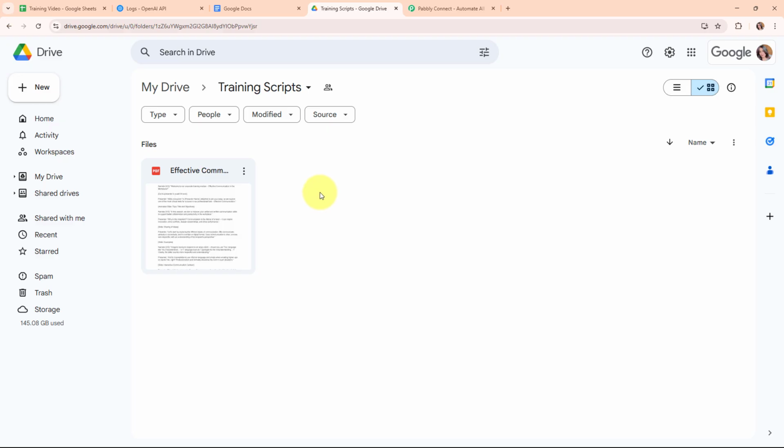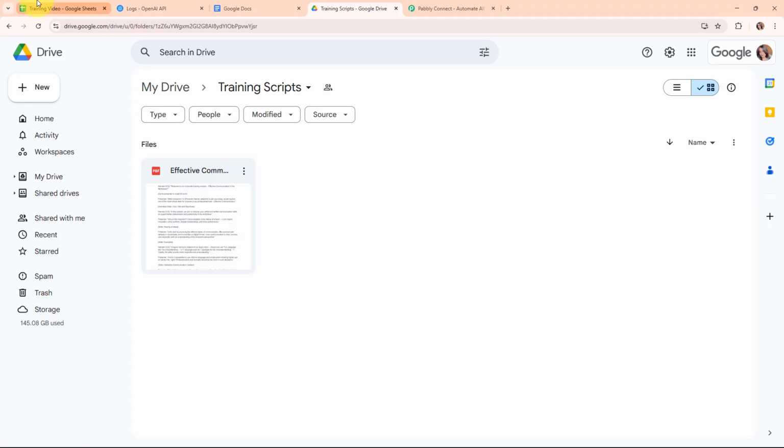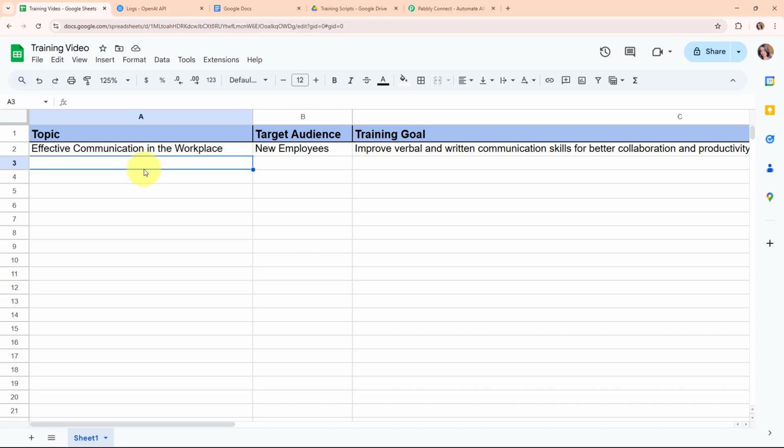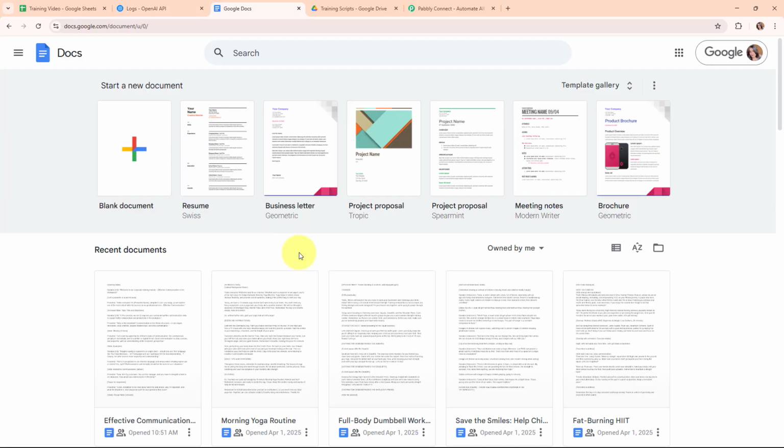Okay, so here I've already built an automation where I've connected my Google Sheets with my OpenAI account, Google Docs and Google Drive, so that whenever I add a new training video detail here in this Google Sheet, then automatically using the details, OpenAI is going to generate the script for that video, and after generating the script, automatically that script is going to be saved in Google Docs,